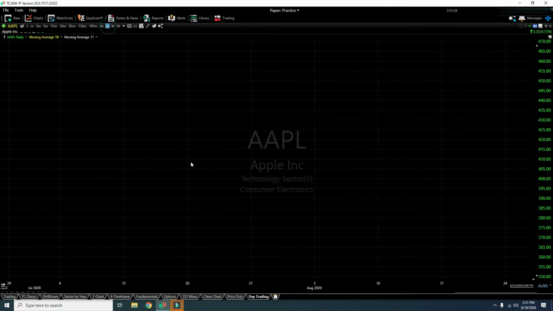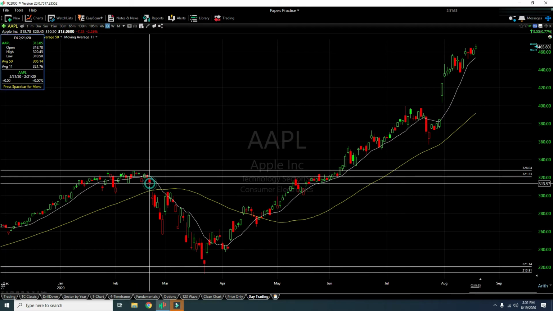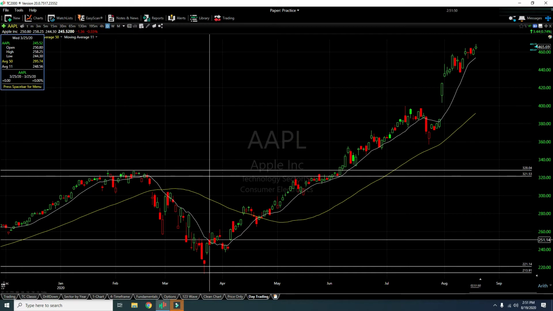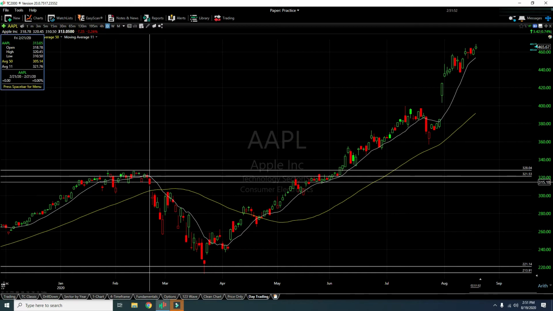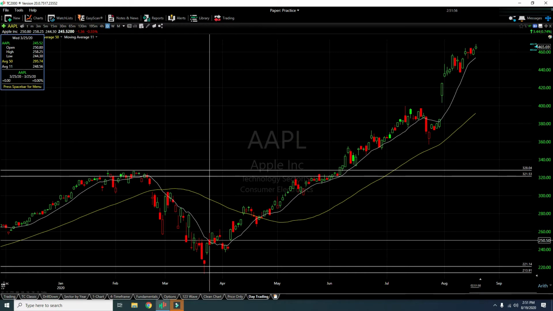If you look at the daily chart, for example, the same rule applies. You try to go short when the price falls below the moving average line, in this case the 11 period moving average, on February 21st, 2020. You stay in your short position until the price crosses above that moving average. So you would have probably got out in here. You would have shorted here at 313, and got out at 245.